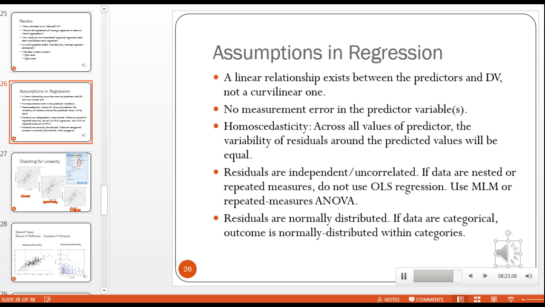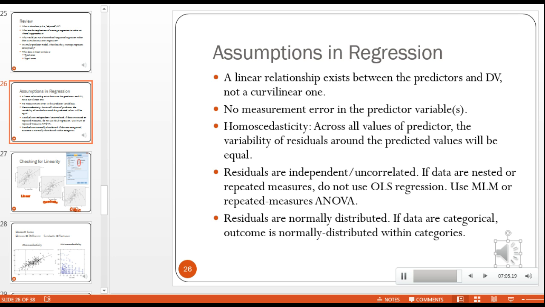In that case, we would not want to do the regular OLS regression that we're learning in this course. We would want to use a repeated measures ANOVA, or even better, a multi-level modeling technique, or MLM, where we are accounting for the similarities within the group. We're accounting for shared variance, people having shared attributes inside groups more so than they'd share with people outside their group. More on that next quarter. You'll learn all about MLM later. But for now, just know that it is an assumption of OLS regression that our residuals be independent or uncorrelated.